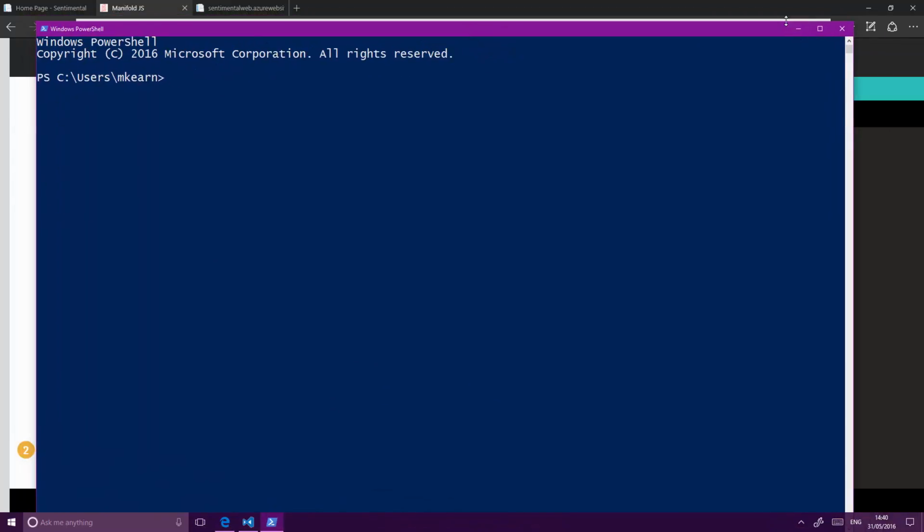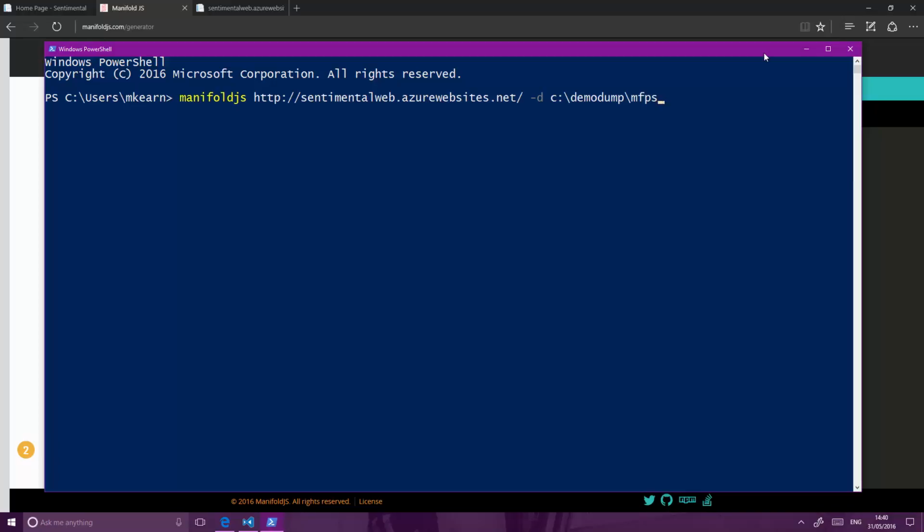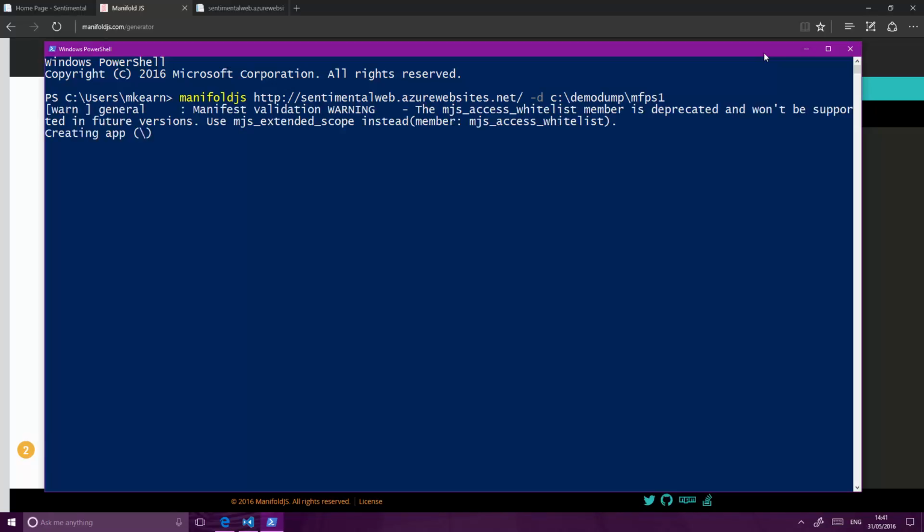So in terms of the actual package, it's exactly the same. It's still called npm. I think there's an npm problem there. So if I just do the same thing in PowerShell, so Manifold.js, Sentimental Web, Azure Websites.net, I'm going to call this MFPS1. And let's just see if that works better there. Yeah, it's working better there. So I think that's a node problem on my particular machine. You shouldn't have any problem in there, whether it's PowerShell or the Windows console, or however you normally execute npm